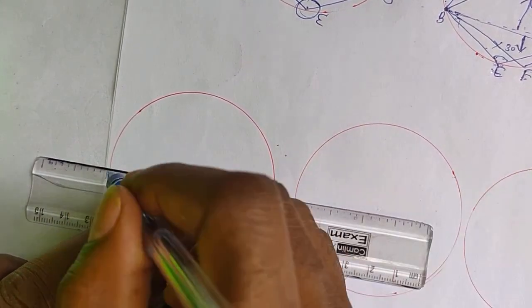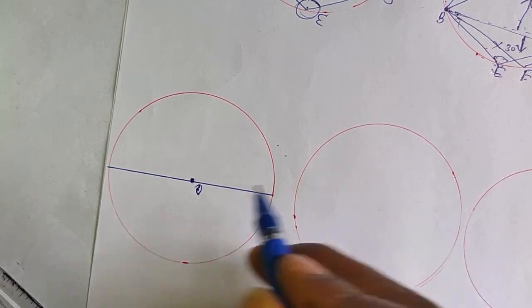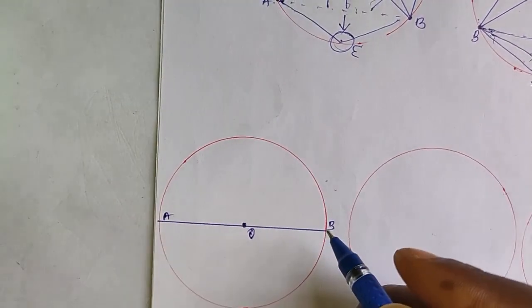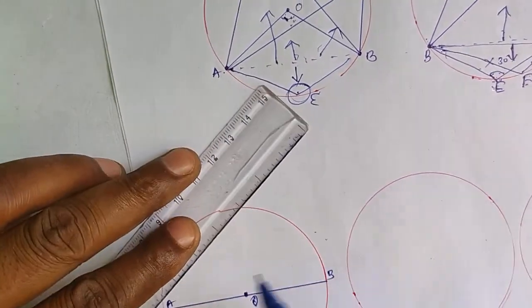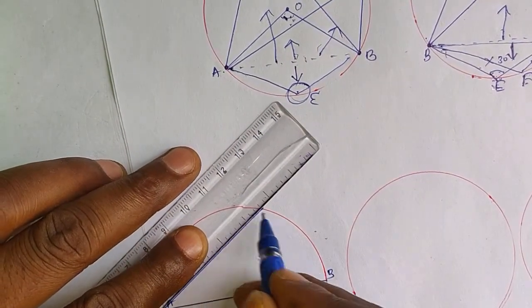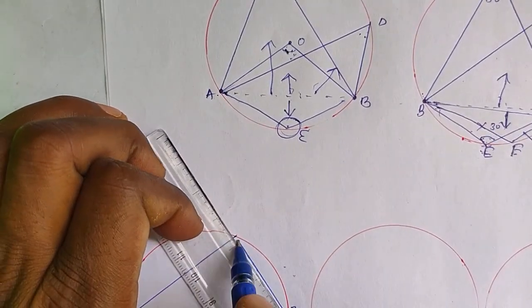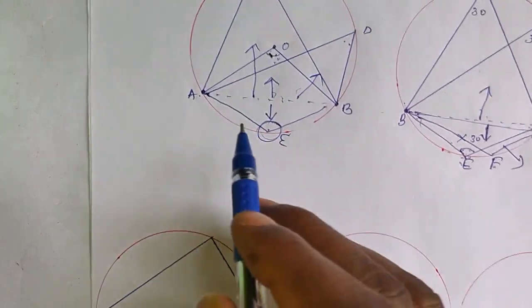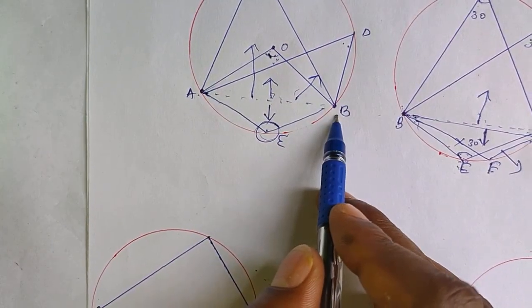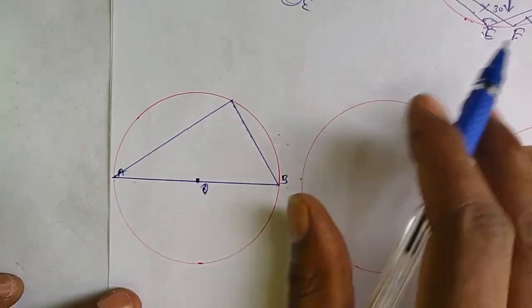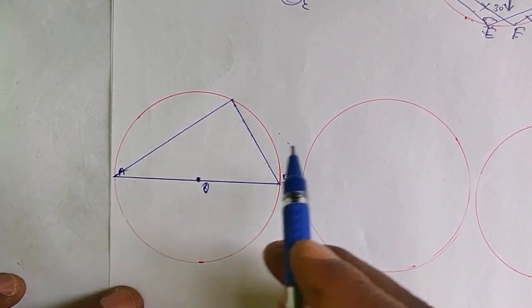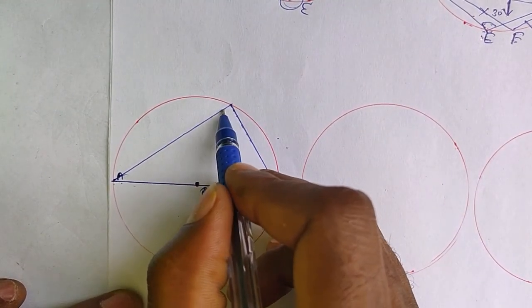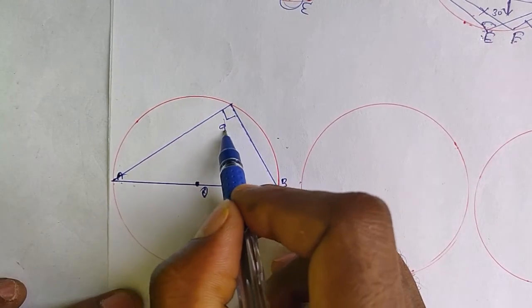We go to the third theorem. A line that passes through the center is called a diameter. We name the diameter ends A and B. So from A and B ends, the diameter AB, if we construct an angle at the circumference. In the earlier cases A and B were ends of a chord, but in this theorem A and B are ends of a diameter. From the ends of a diameter, any angle constructed at the circumference is always 90 degrees.